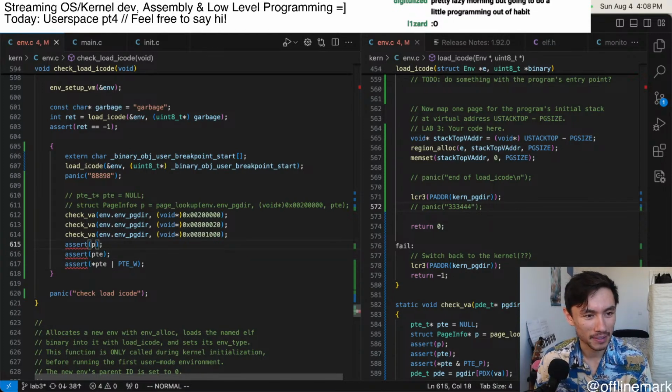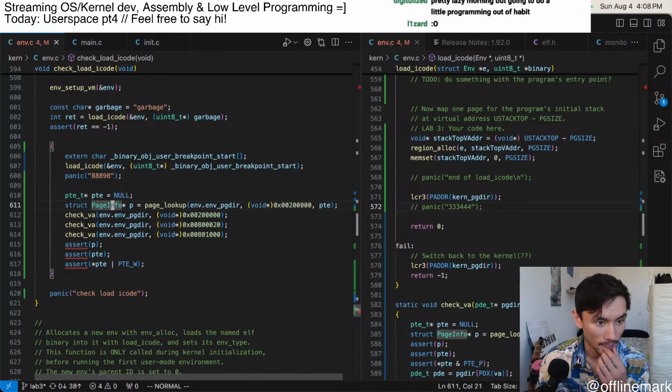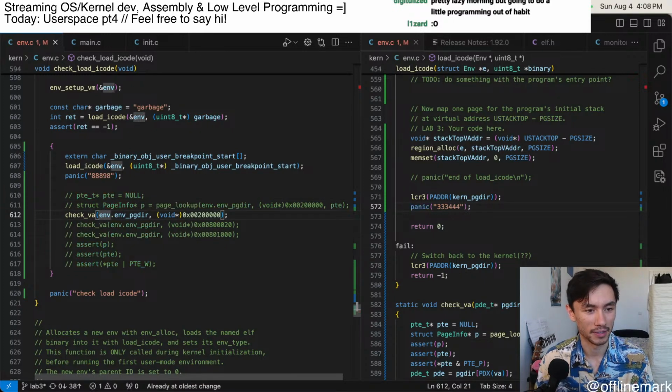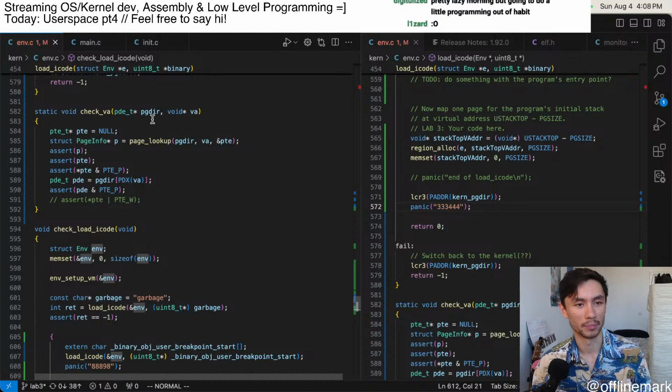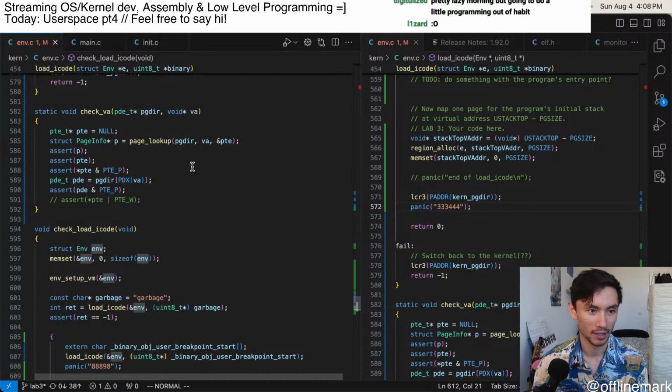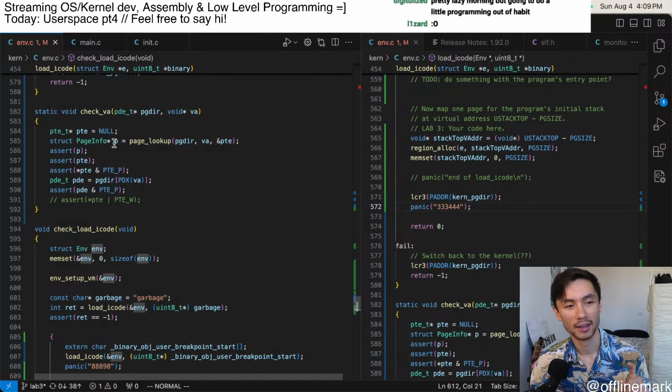Let me see. I'm just uncommenting all of these other lines that I originally had. But okay, the PTE, I think this all needs to... oh, wait a sec, no, I think yeah, so I wrote this check VA function, which can be reused. What it does is, you give it a page directory and you give it a virtual address. It queries that virtual address and looks up a bunch of stuff. It looks up to see if there's a physical frame associated with it, and it also tries to get the page table entry